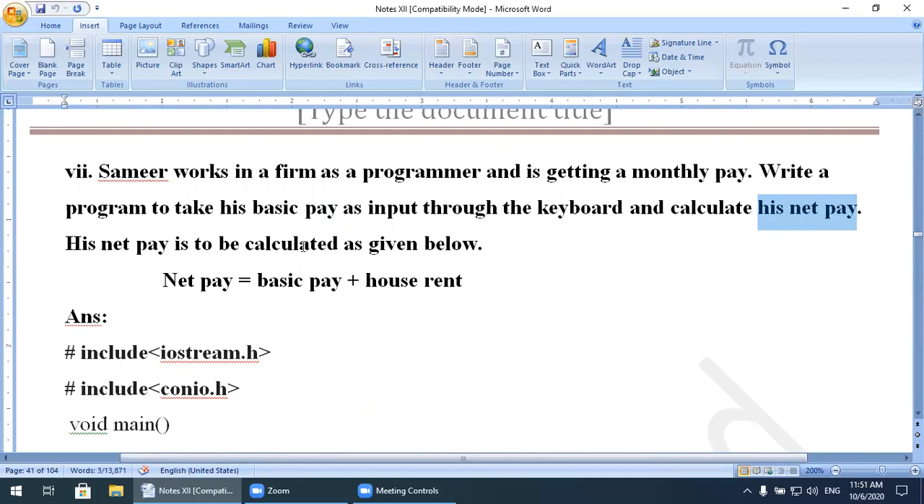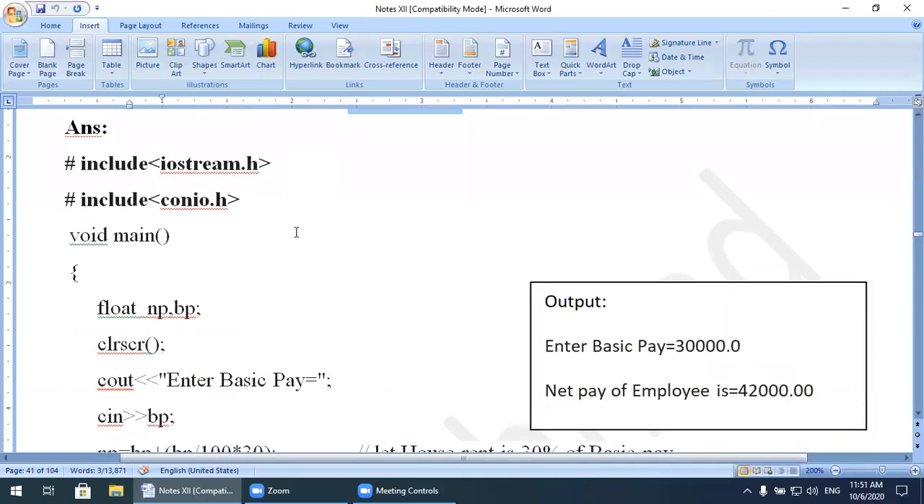His net pay is calculated as given below. Now they give us the formula. Net pay is equal to basic pay plus house rent. Now house rent is an amount that depends on the basic pay. So the answer is